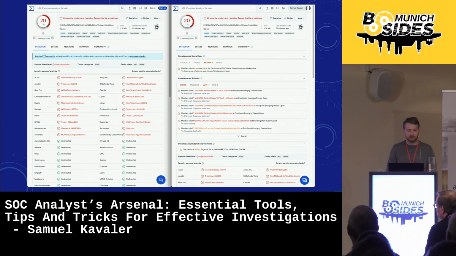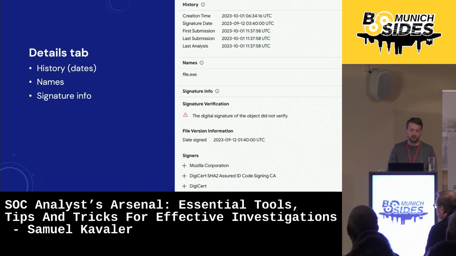So moving to the second tab, the details tab, there are three, I would say, important sections. The first one is the history section, which contains all the dates. In my opinion, the most important one is the first submission date, which is actually telling us what is, let's say, the minimal age of that file since it was uploaded then. There is a creation time as well, but this one can be spoofed, so I would not rely on it